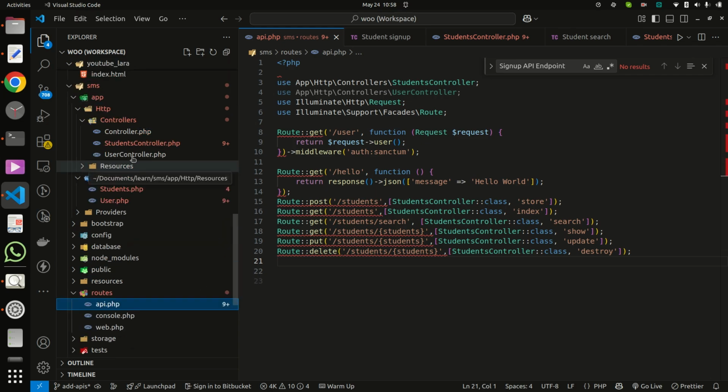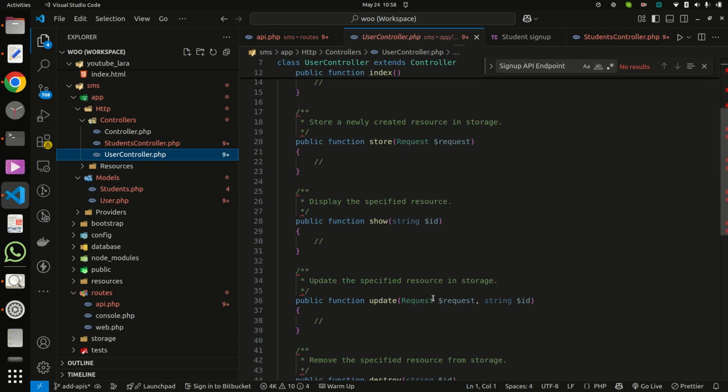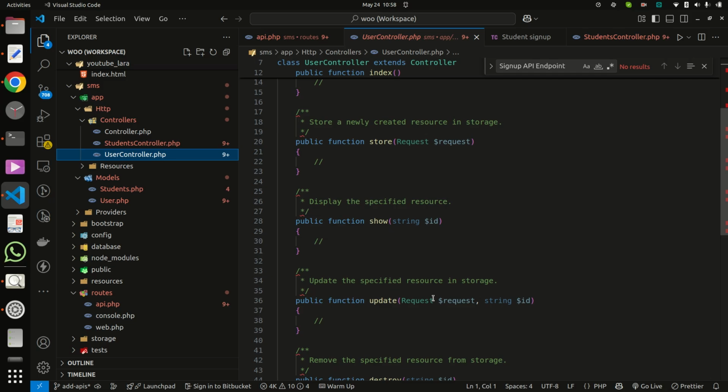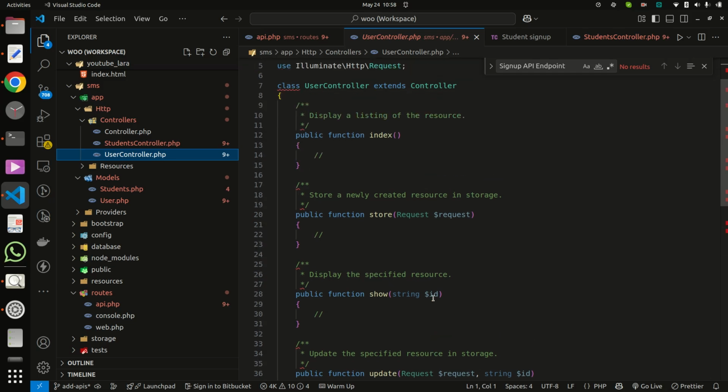and now go here to UserController, and in this artisan creates 5 methods, and for future purposes we can use them, but for this tutorial we want only the store method. So like the sign up method. Okay, so